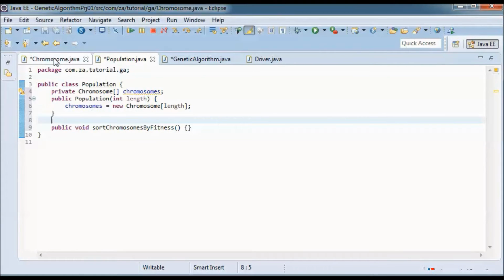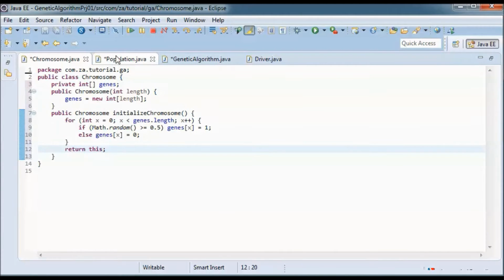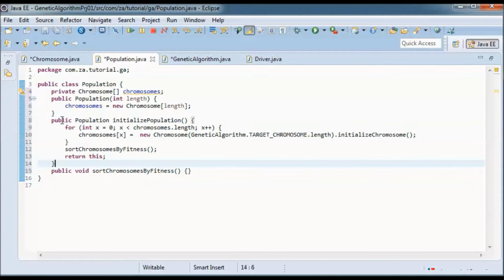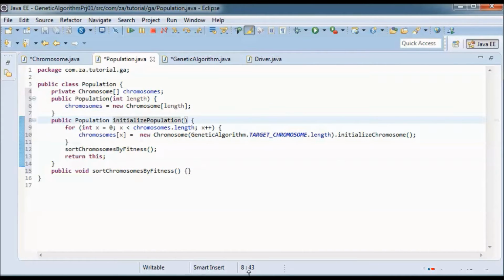So the same as in chromosome, we had this initialize chromosome method. In population, I will have this initialize population method that instantiates chromosomes and calls initialize chromosome method on them and puts them in the array of chromosomes, and then calls sort chromosome by fitness to sort them and returns this population.